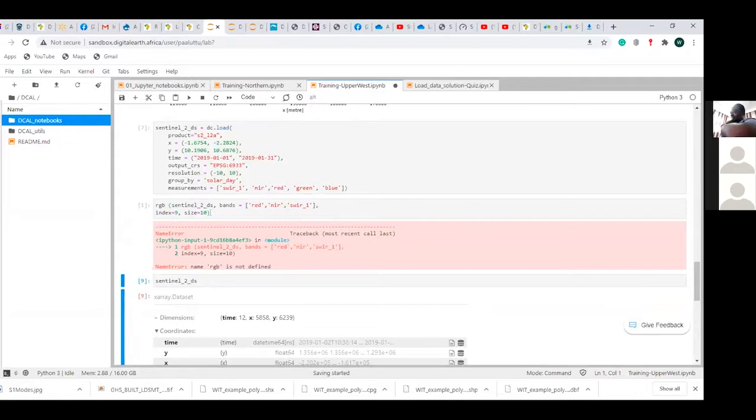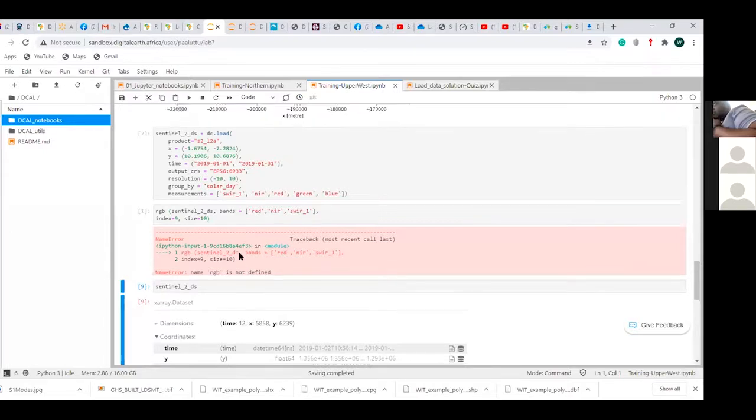You can look at the time period of the Sentinel image in January. It is possible that there could not be many images in one month. Okay, so if you look at the error, you know that there's something called the name error, so that the name RGB is not defined. What it's trying to tell us is that you have to re-import everything from the beginning.